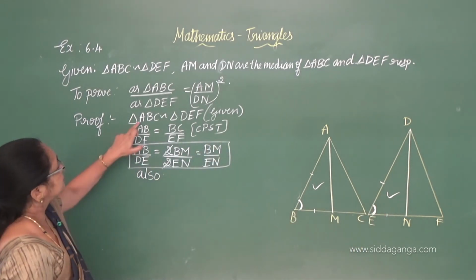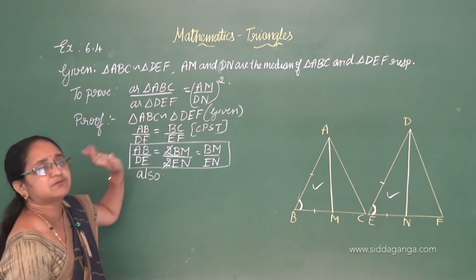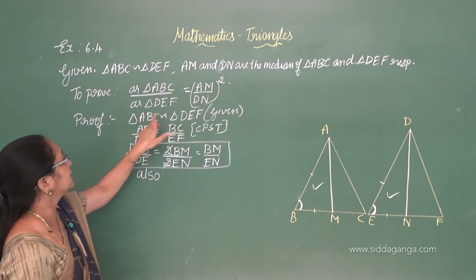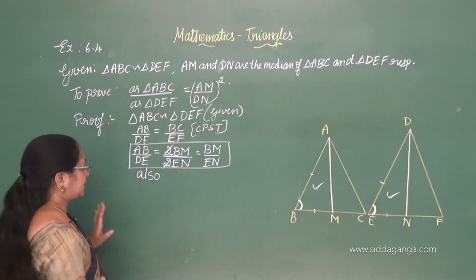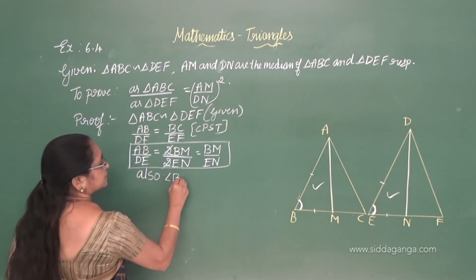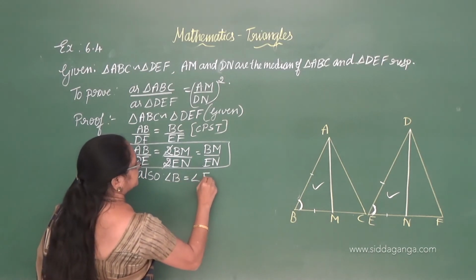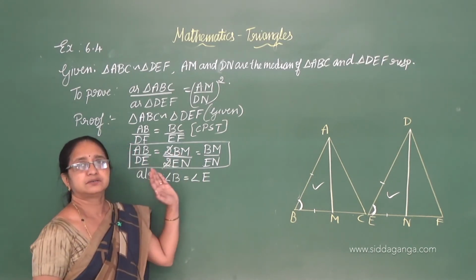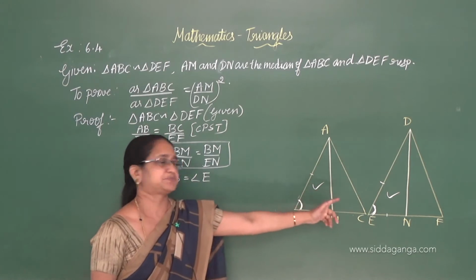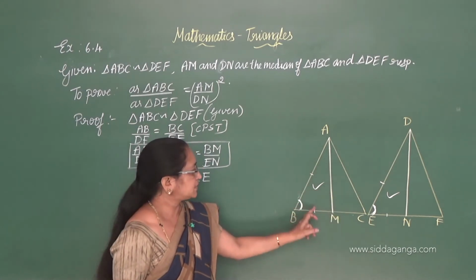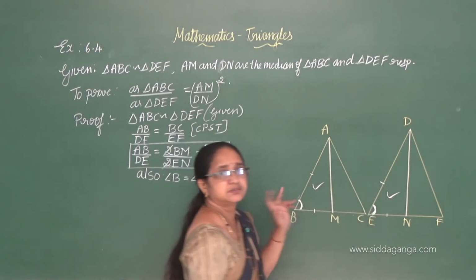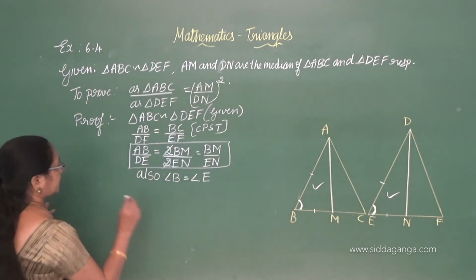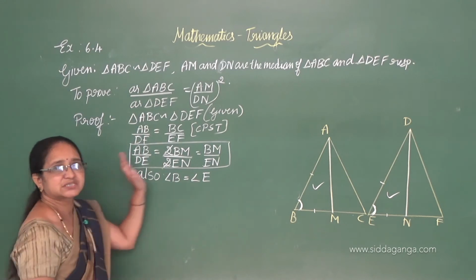But actually, corresponding angles are equal. Angle A is equal to angle D, angle B is equal to angle E, angle C is also equal to angle F. But I am considering only angle B is equal to angle E. I hope why I took only this I have explained here, because I want the included angle to prove that these two triangles are similar. So, okay, now the first part of the problem is completed.